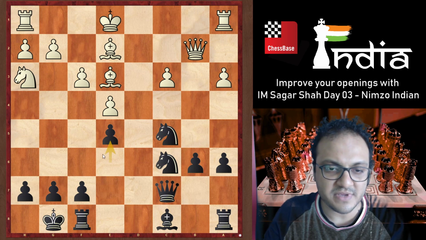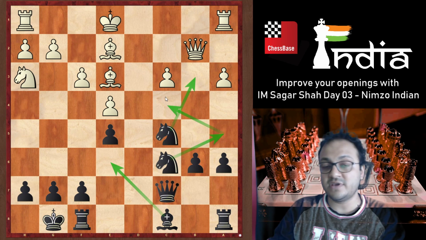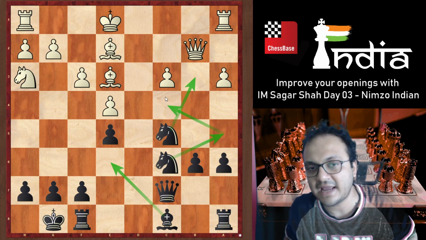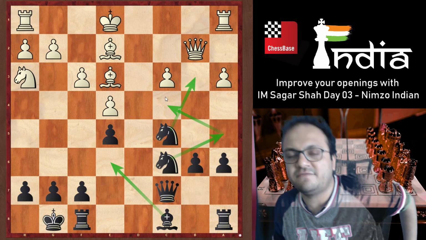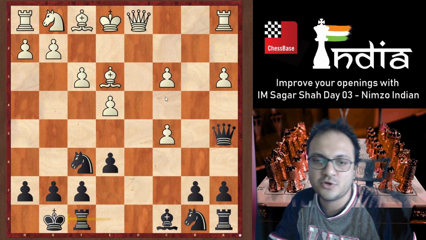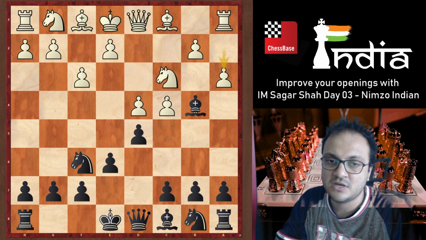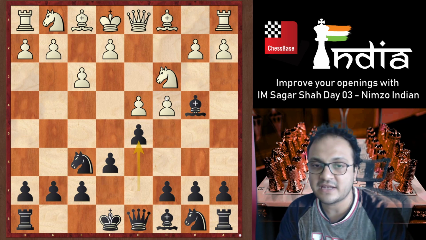Black is going to go bishop e6 if he gets a chance, knight a5. Looking at all these weaknesses, it seems like black is doing great. So this is how the f3 system takes place. I've given you quite an easy way to play against the f3 system. If there is something that I have missed, please let me know. Maybe we can cover that.